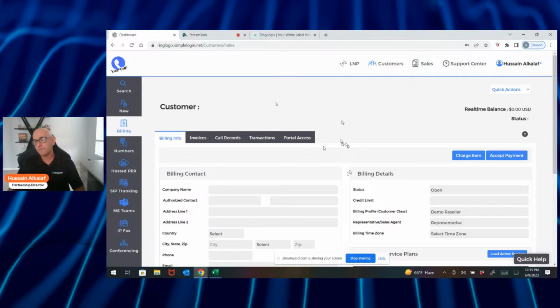We include everything on it. Your average cost on that seat is $4 plus usage. And we see that the average usage on a hosted seat is right around 400 minutes. We charge half a cent a minute with that. So that's $2 plus your $4. So your all-in cost on a premium seat with everything included will run you about $6,